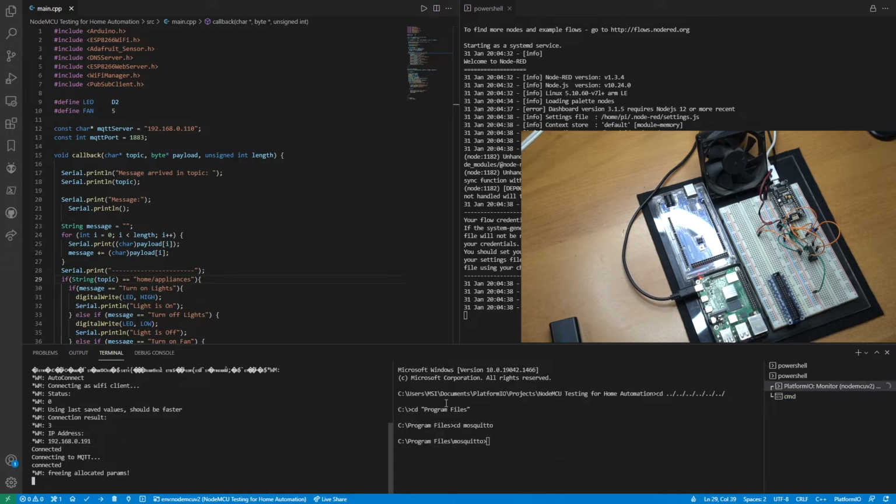All right. So right here on the left hand side of the terminal, we have the serial monitor of the NodeMCU, and on my right is the command prompt or the terminal that we have in Windows. So let me type mosquitto_pub dash h, where our host is 192.168.0.110, and our port is 1883, our MQTT port right here, and publish